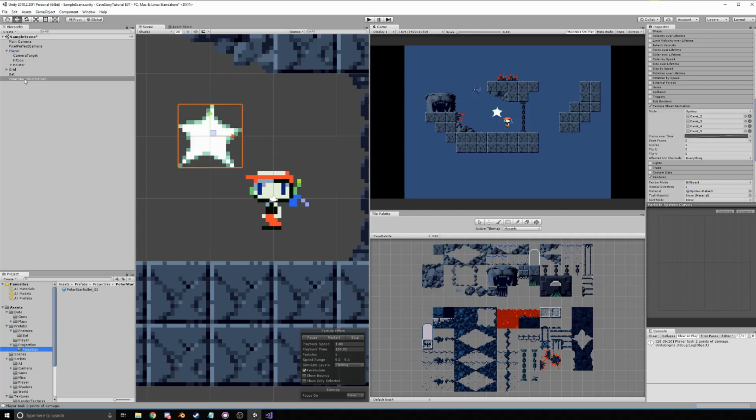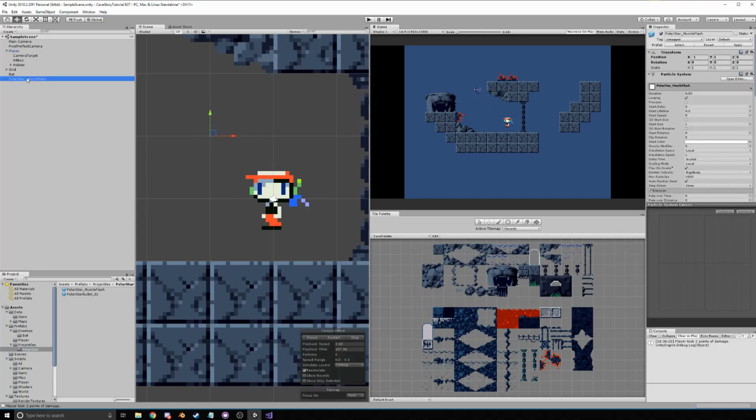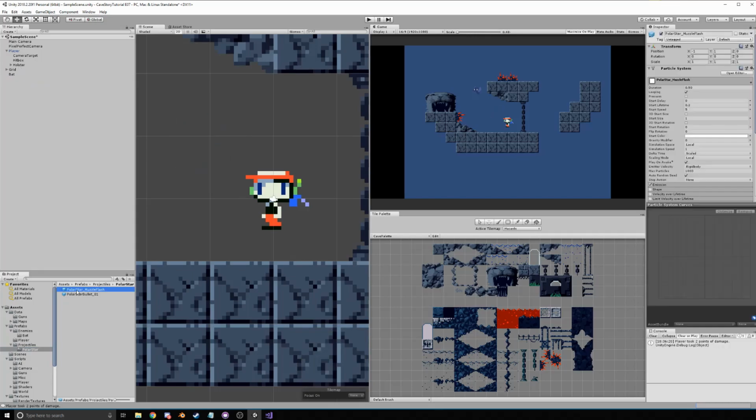So we can just put that under the projectiles for the Polar Star prefab. Polar Star muzzle flash, and delete it from here. Make sure under here that the positions are 0, just in case, and we want to get rid of looping. Okay,